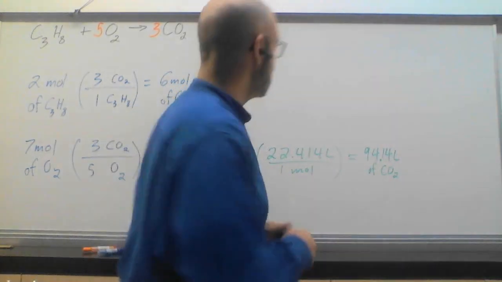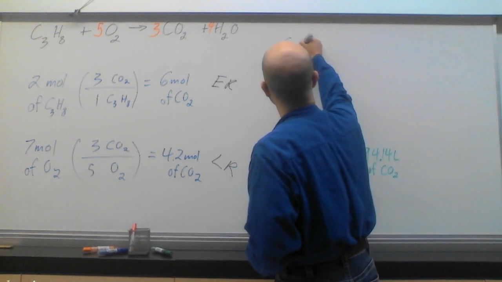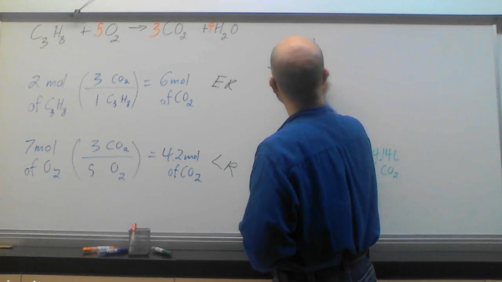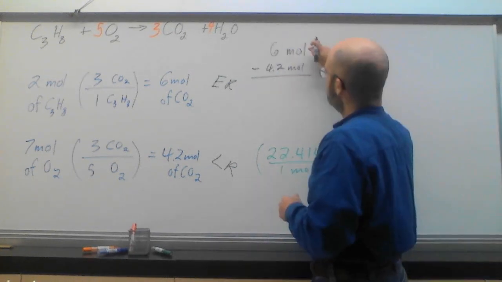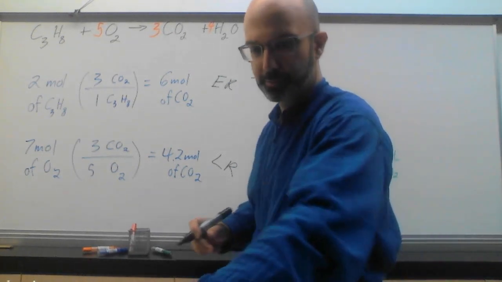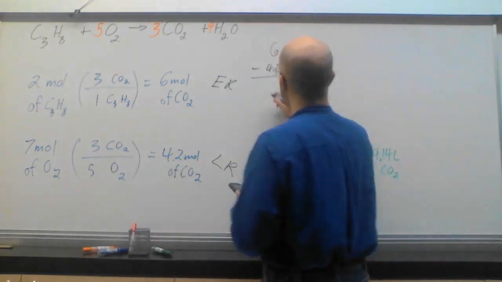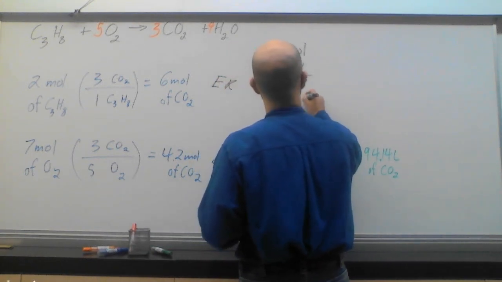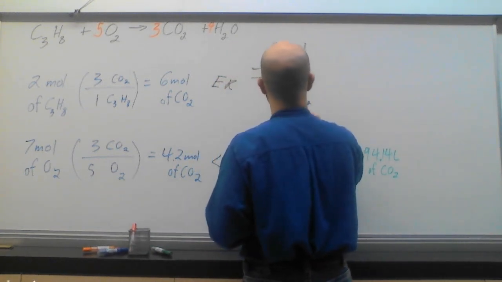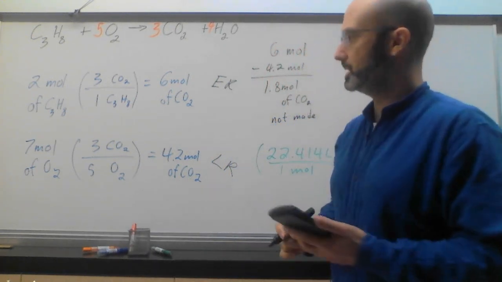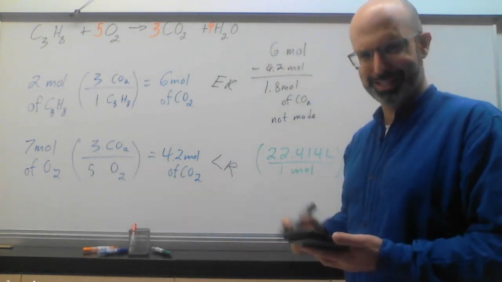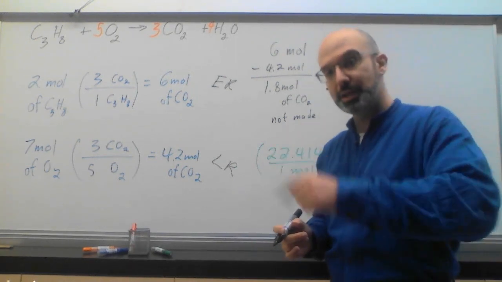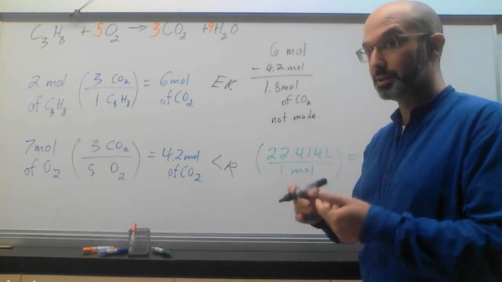So to do that, I'm going to take 6 moles that could have been made and subtract the 4.2 moles that we did make. So we'll take the 6 minus 4.2, plug it into our trusty calculator, and end up getting 1.8 moles of CO2 not made. Now, that doesn't seem useful by itself. We didn't make 1.8 moles of CO2, but remember, we didn't make those 1.8 moles of CO2 because we ran